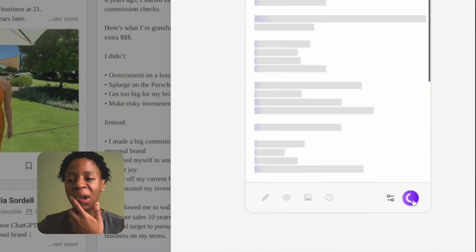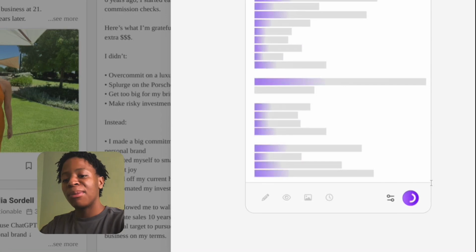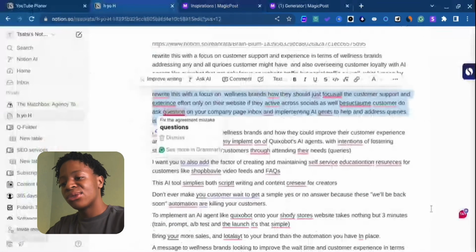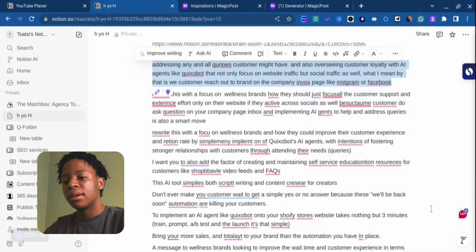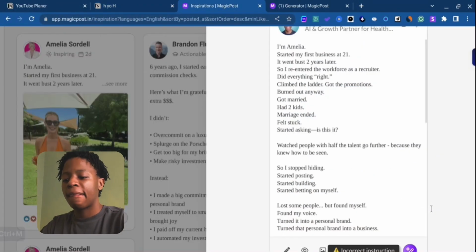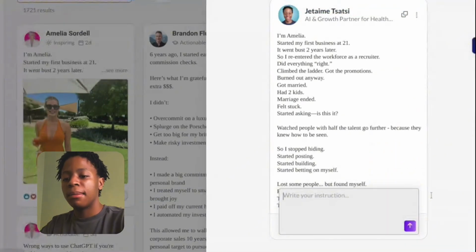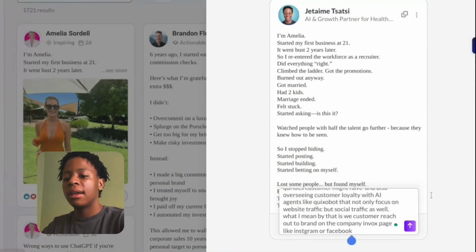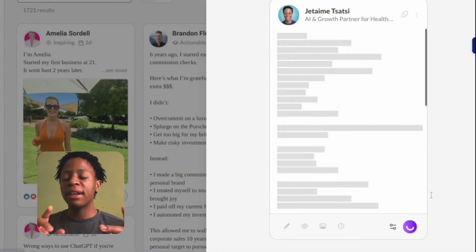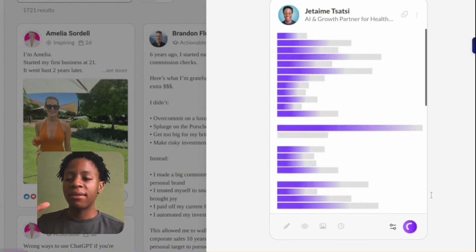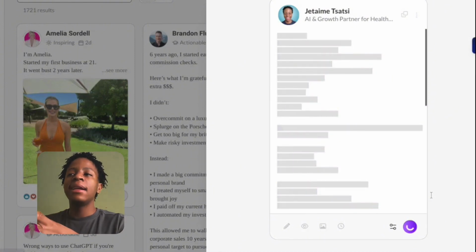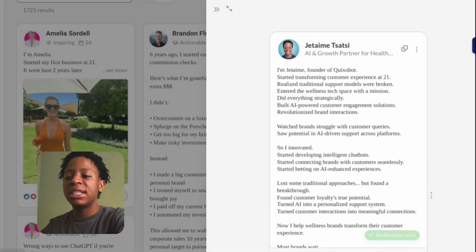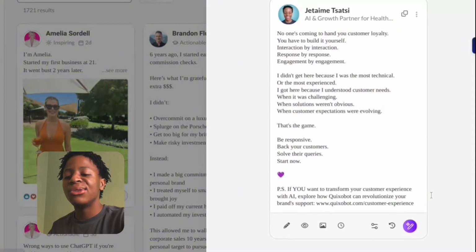And if I click on generate, hopefully I copied the right prompt. Okay, incorrect instructions. So sometimes it does that. So I'm going to go with this one over here. Go back, paste this one here, and boom, it's going to rewrite it, right? The thing about using the ask feature is that it's going to rewrite it within your writing style, but maintaining the specific template format, right? As you can see, I'm a founder for quick support, blah blah blah. Okay, no, it's using my